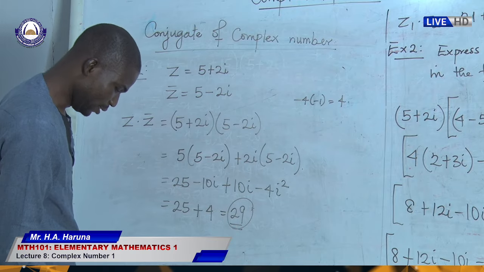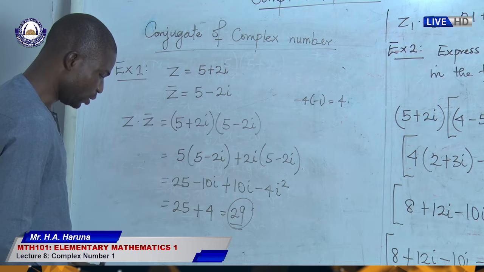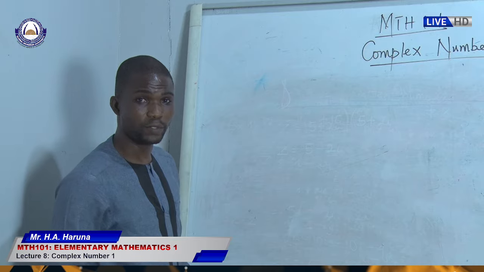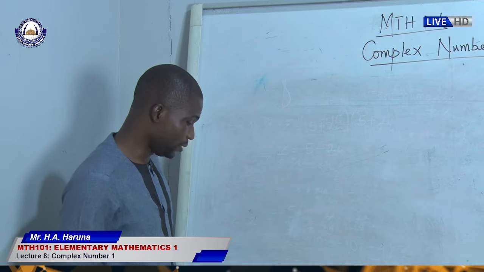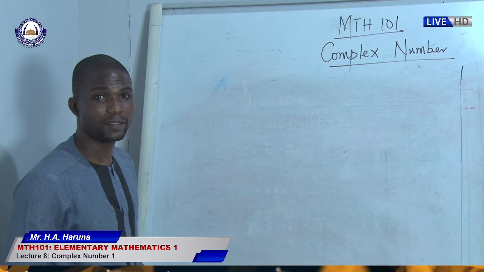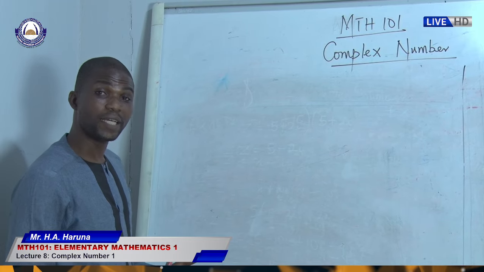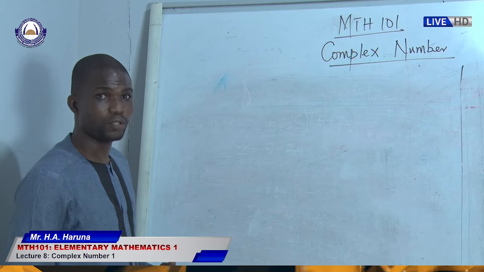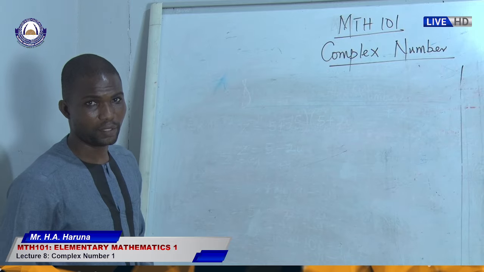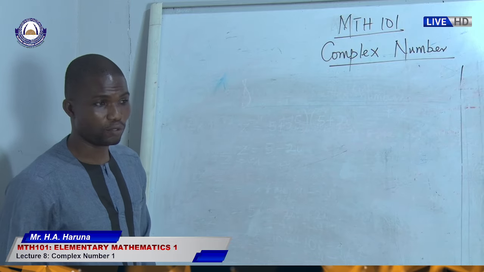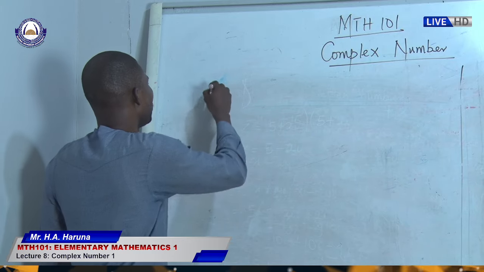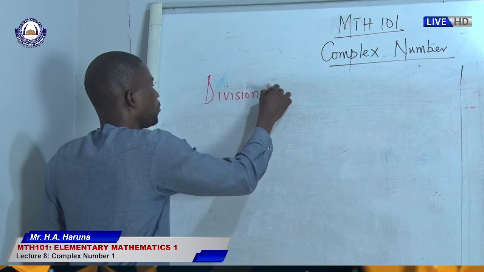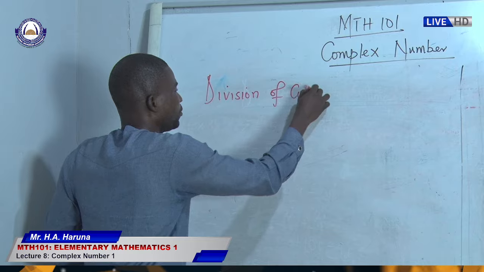So now let's proceed to the next part, which is division of complex numbers. So now we'll proceed with the class. Let's take division of complex numbers. We've done addition, we've done subtraction, we've done multiplication, we've also taken the conjugate. Now we want to take the division of complex numbers. So when you have division of complex numbers,